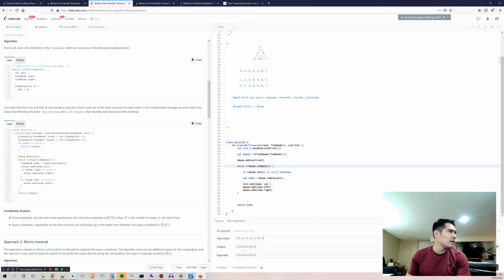Apparently they did not. So if a null is passed here, tree node will be null. We'll add node value. Oh, here. This is where they did the null check. They did a separate null check on top. Okay, so